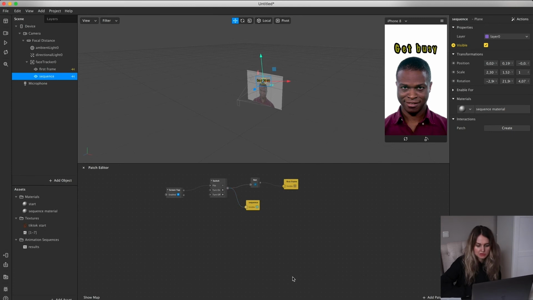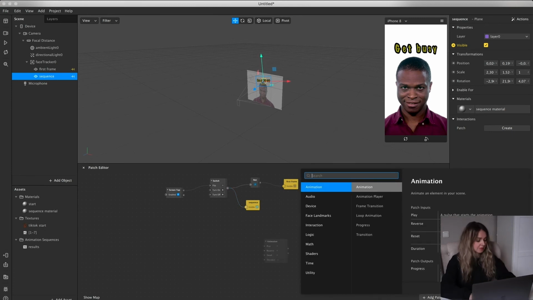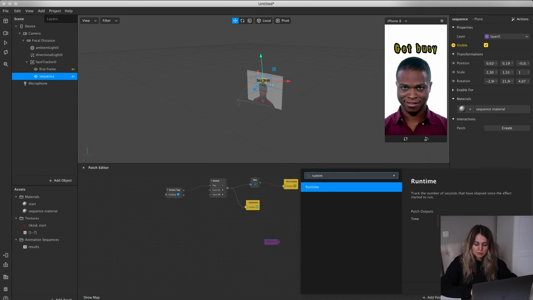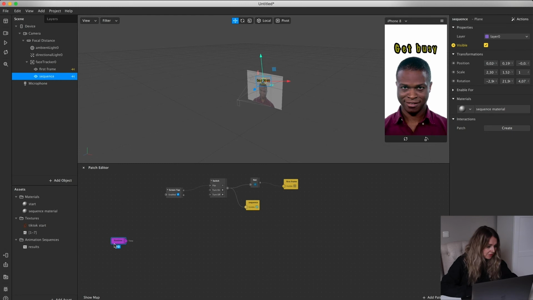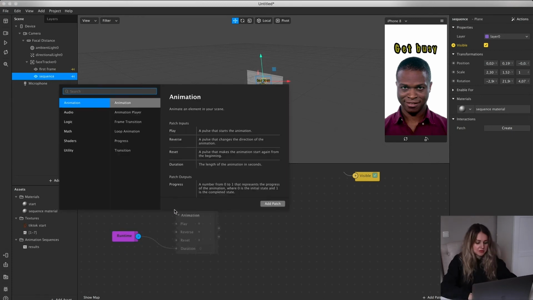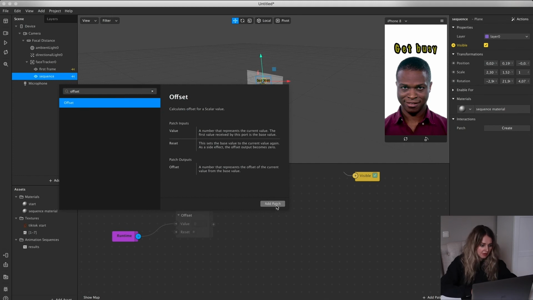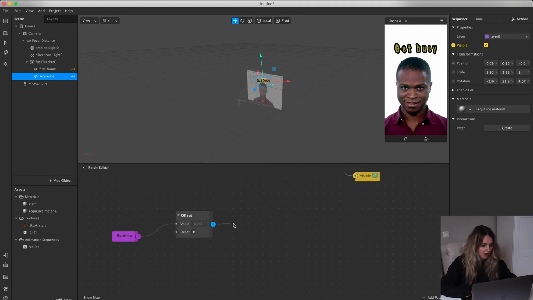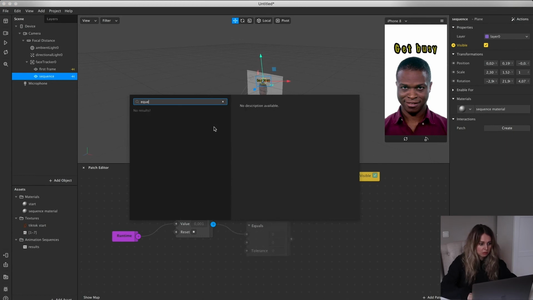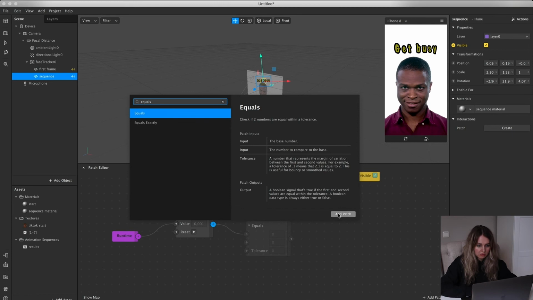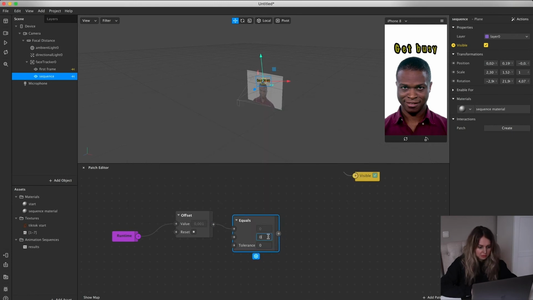and we're just going to build a new patch flow, and it's going to start with the runtime, adding this patch, and then after runtime you can just zoom in and then you can see it better. And then after the runtime we're going to add the new patch called offset, and then after offset we're going to add another patch called equals, and here we're going to just add some random numbers, small numbers like 5 and 3, tolerance is 3,